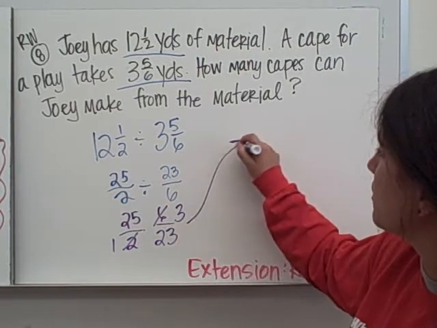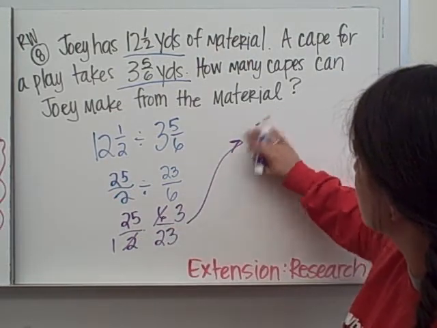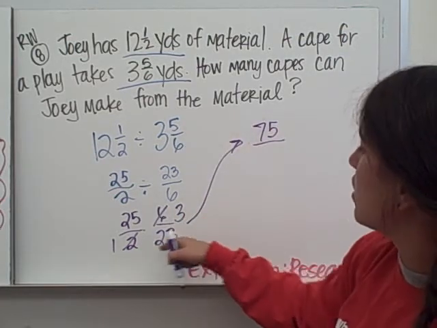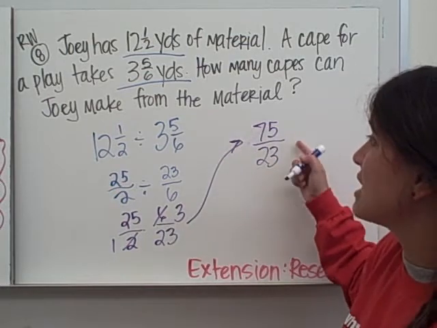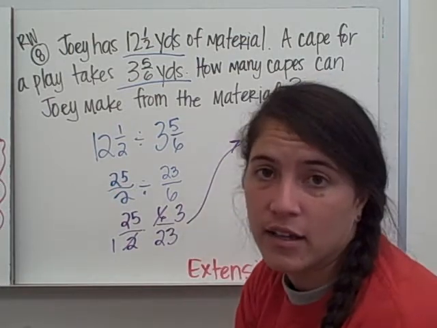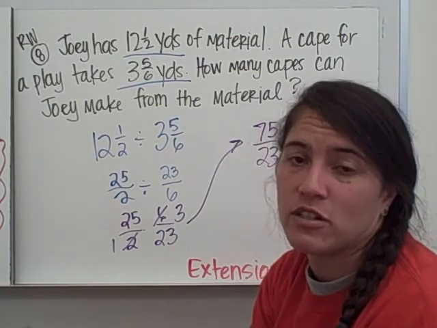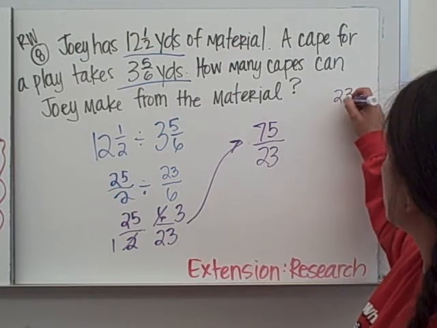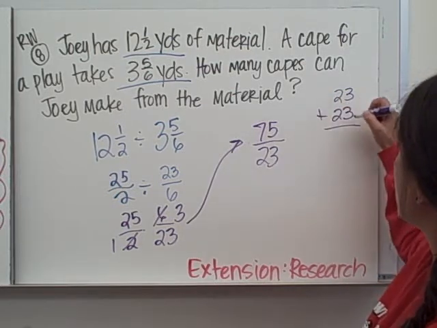So I'm coming over here. 25 times 3 is 75. Whoops. 25 times 3 is 75. 1 times 23 is 23. Now this, does that tell me how many capes he can make? No, it gives me an improper fraction, but I can use that information to find out how many capes he can make. So I know he can make 23 capes, and 23 plus 23 is